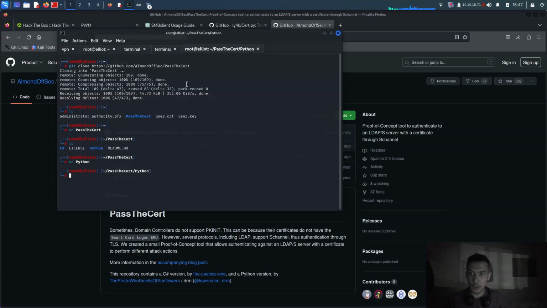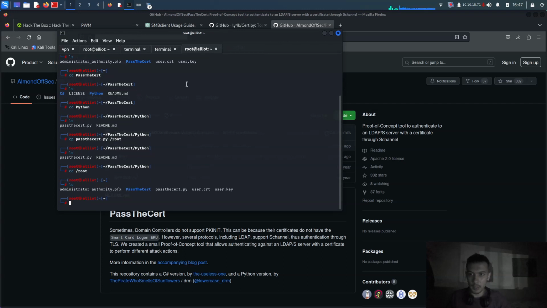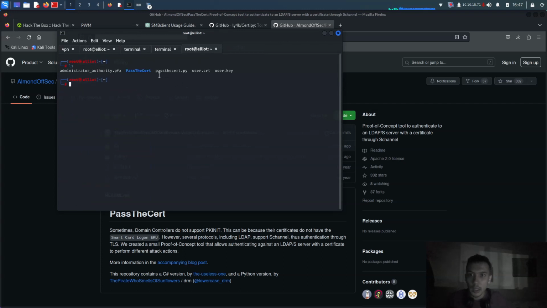So you just have to go there to Python and then cp the passthecert file to the root. Okay, so let me go to my root directory here. You know there's a passthecert Python file already there. Now if you run it, it will give you a new password. Okay, so let me clear it. python3 passthecert.py and then say here -action modify